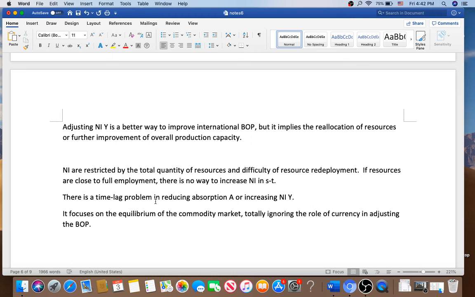The absorption method focuses on the equilibrium of the commodity markets and completely ignores the role of currency in adjusting the international BOP. If the demand for the currency is far greater than the supply, it's difficult to adjust the deficit. In addition, in the absorption method, the content of the capital account is not taken into consideration. So the monetary regulation on this